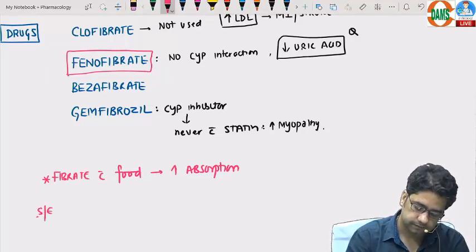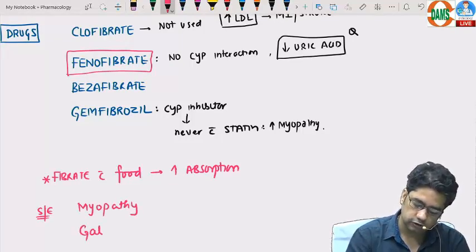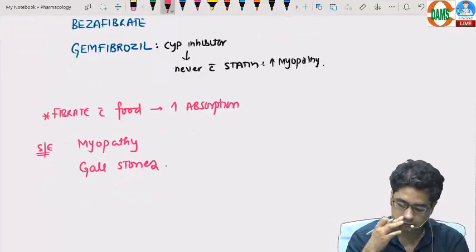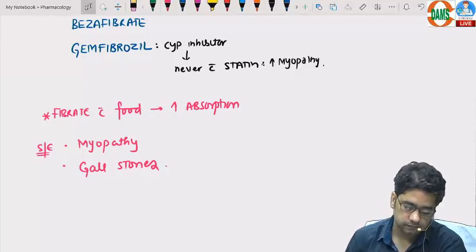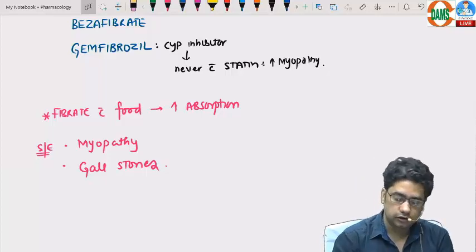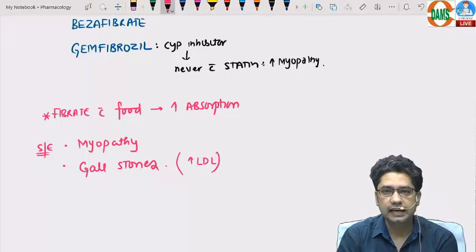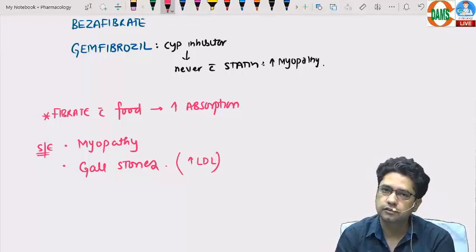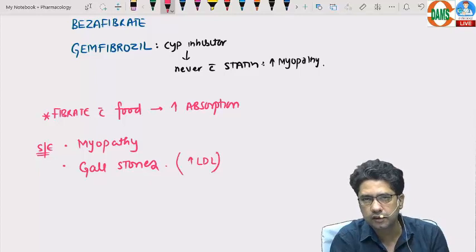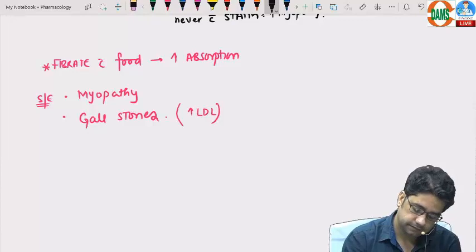Side effect. They themselves can cause myopathy, and they can cause gallstones. The reason is an increase in LDL level. LDL contains cholesterol, right? Cholesterol stones form in the gall bladder, right? Yes. Next drug, the last drug, is